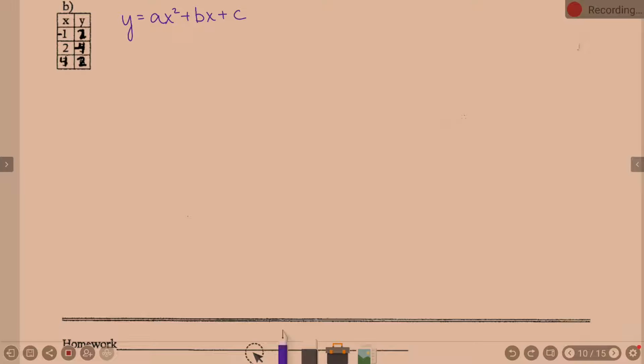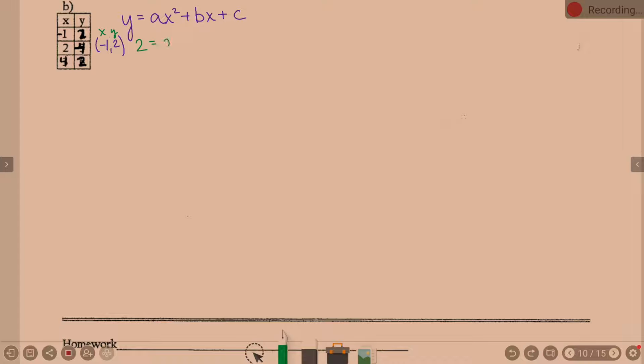So, what do we know about these ordered pairs? This ordered pair of negative 1, 2 are what kind of values? They're x and y, right? So I'm going to write it here, negative 1, 2. And I'm going to remember that this is x and y. So if you recall from yesterday, we took those values and plugged them in, right? It says y equals. So for y, I'm going to put